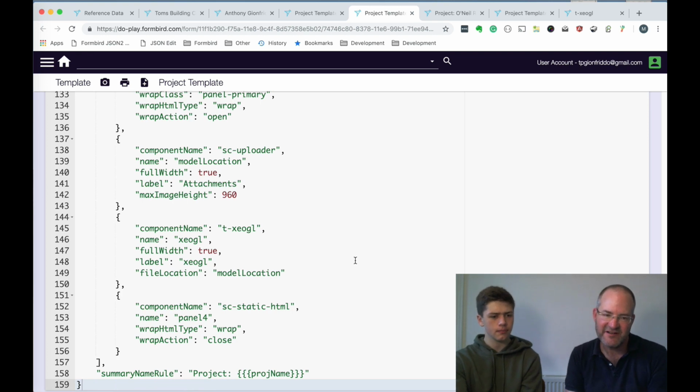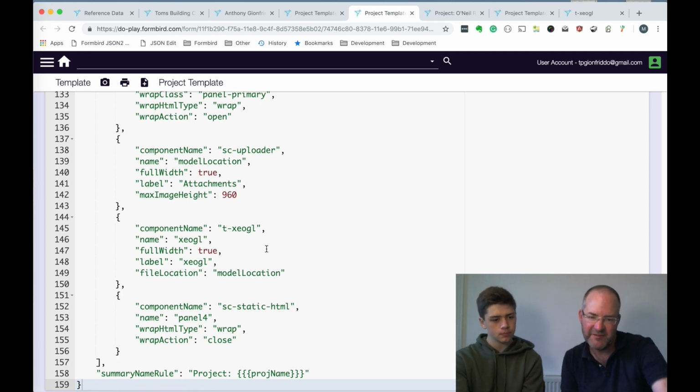Okay, so just explain what you did here, and perhaps we'll go and have a look at the code you put in for that. That's your own component? Yeah, this is my own component. It's just got some really basic properties, parameters. So that refers back to the model location. So that's the name of the uploader. Right, so that's the name of the field for that component, so you can reference back to the uploader file.